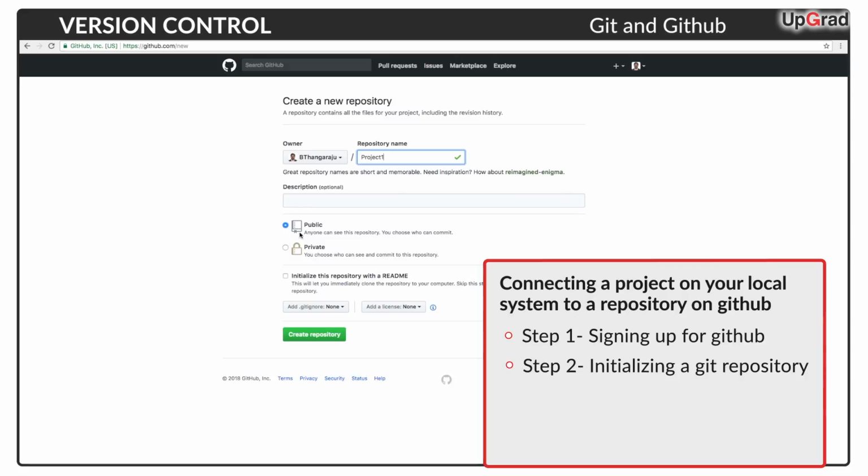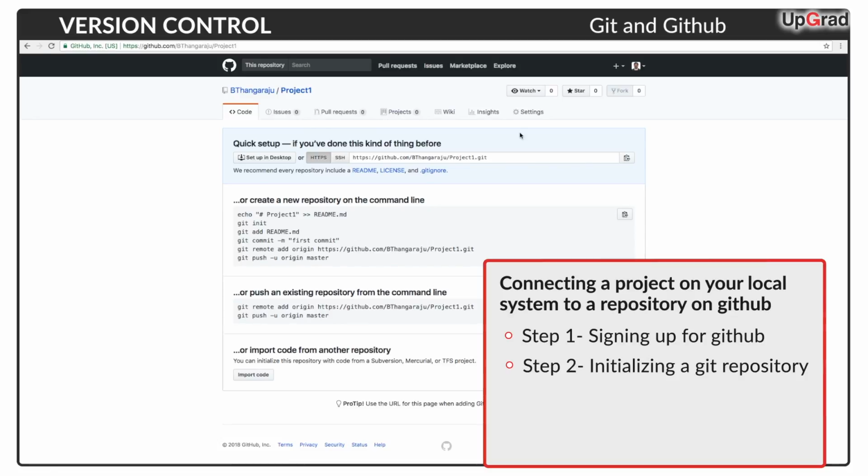and I want to make it public, so my team members or anyone can see the source code. If I make it private, only I can see it. Then I am going to create the repository. Press the create repository button. After creating a new repository, you can see some set of commands in this GitHub